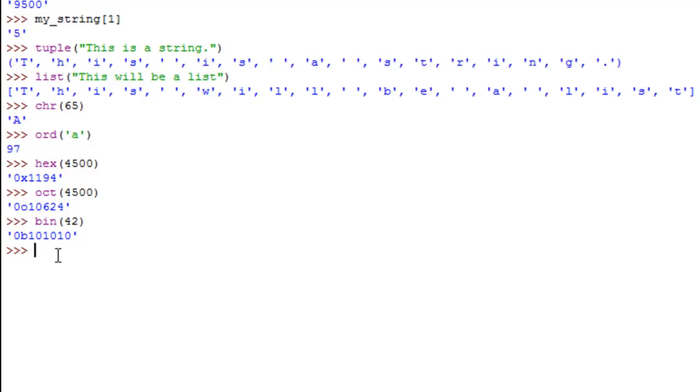So these are all the functions that I wanted to discuss in this tutorial, and in the next tutorial we're going to begin our discussions on